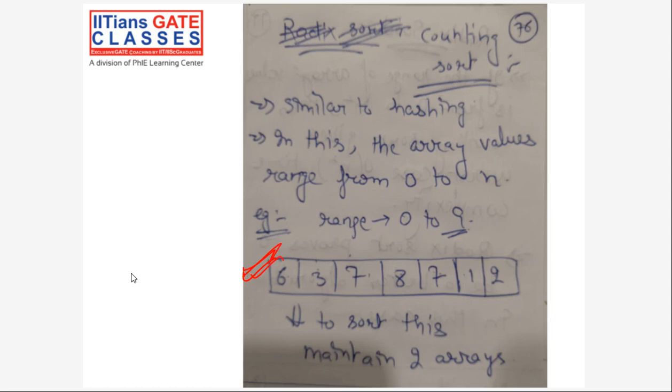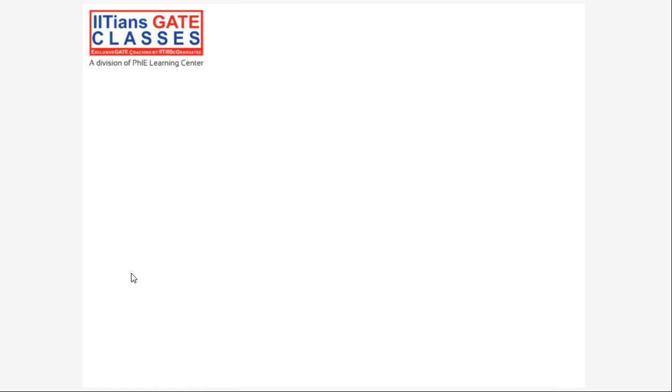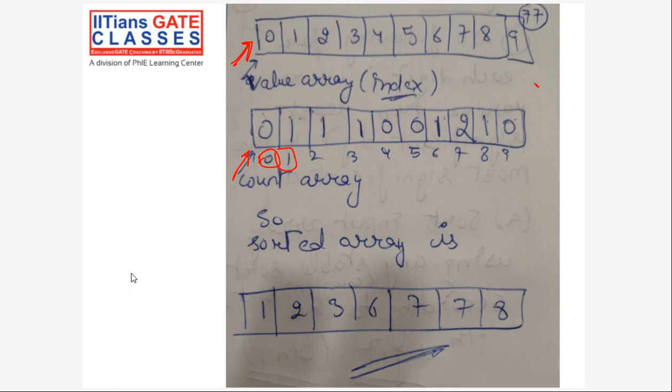The point is, I know that there are n elements in this array, and I know another point: the range, or the maximum value that can be present in any of the elements, is also n. So by using this small point, I can start counting the number of elements that I have for each of the indexes. Indexes are the values itself. So this will be the count array.